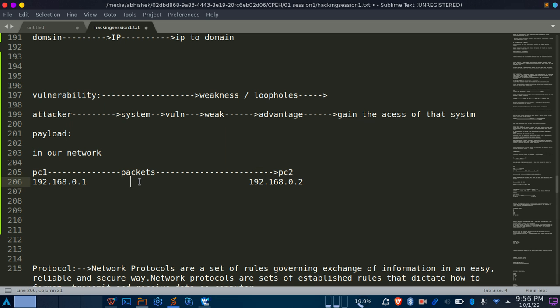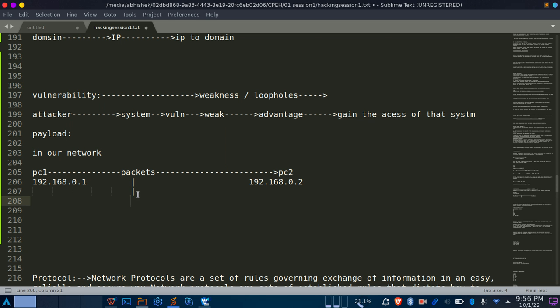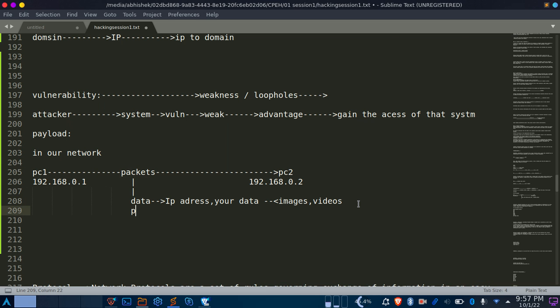The packet contains some data, such as IP addresses and the data you are sending, like images and videos. So you are sending data over the network through packets. That is called a payload